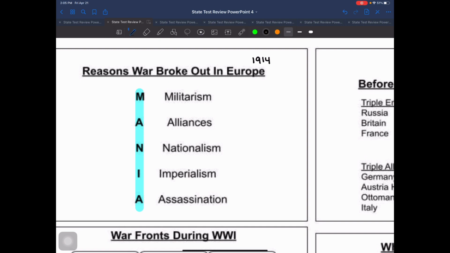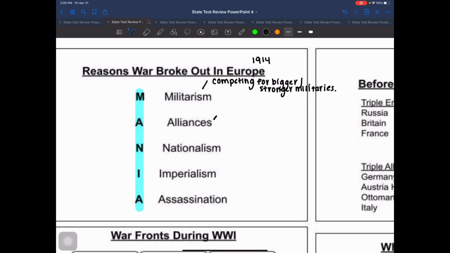You're going to be writing something outside each one of these, so make sure you got plenty of space to do that. For militarism, a lot of these European countries were competing with one another, competing for bigger and stronger militaries, which is the reason it's called militarism. The two countries competing the most and doing this the most are arguably Britain and Germany. But again, this is going to cause a lot of tension in the region, all right?